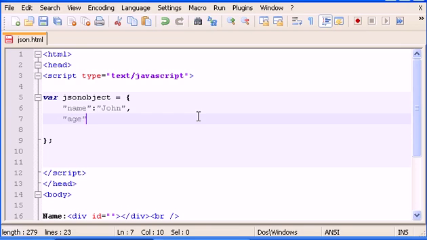So now we type age and 33, separated by a comma, and now let's do a phone, double quotes, and let's type whatever you want, blah blah blah. Okay, comma. Now let's save this,